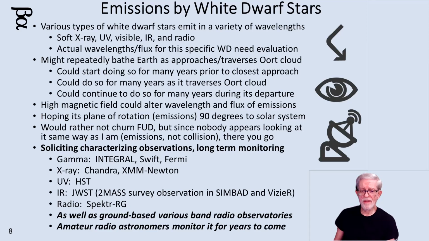The high magnetic field could further energize its emissions or concentrate them. I'm hoping that it's a plane of emission. The angle that the lighthouse is putting out a beam at is not in line with our solar system's plane of rotation. More, if we could have it 90 degrees to it, that would be great. If it's not, and if it's synchronized its rotation with the Earth's rotation and our movement around the sun and the direction of rotation, then this is something we need to take a look at.